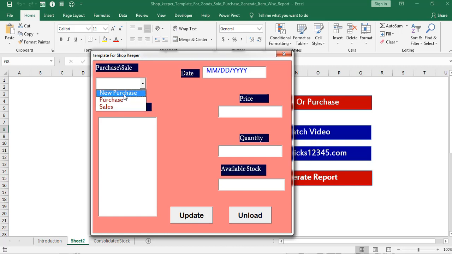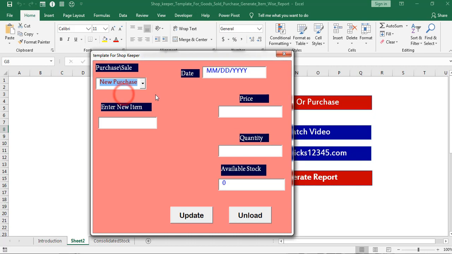First I am going with new purchase. In the display text box I am going to enter the item name. Here I am entering apple. Next I am going to enter the date of transaction. It should be in the format of MM/DD/YYYY.